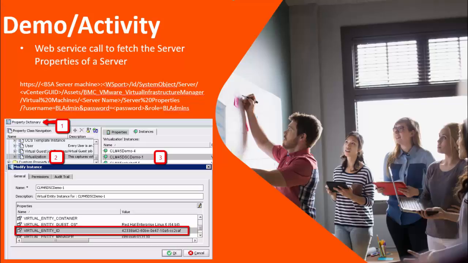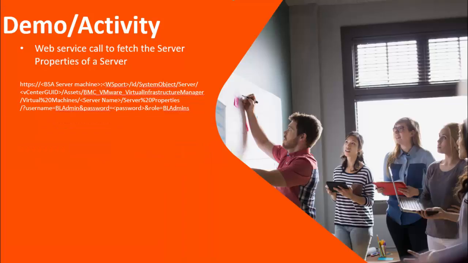machine. So on your screen, you can see a simple web service call to fetch the server properties. It starts with the protocol, BSA server host name, web service port, which you can find out from the providers.json file and from infrastructure manager under the BSA app server console section. Then ID system object server, and then this is going to be the vCenter UID, which you can fetch using another web service call, assets, bmc_VMware_virtual_infrastructure_manager and virtual machines, and provide the virtual machine name